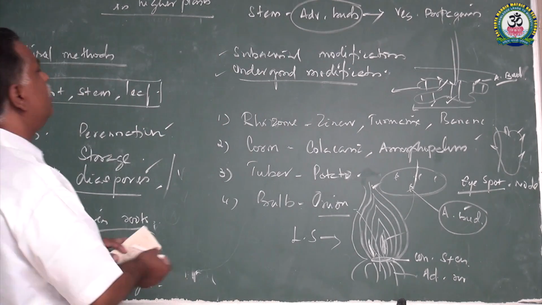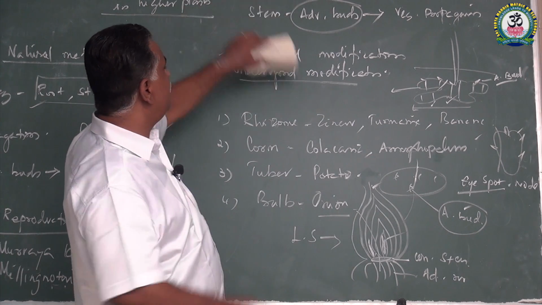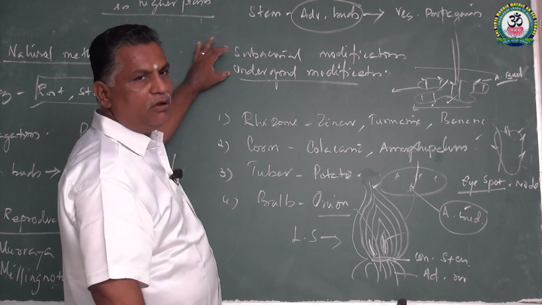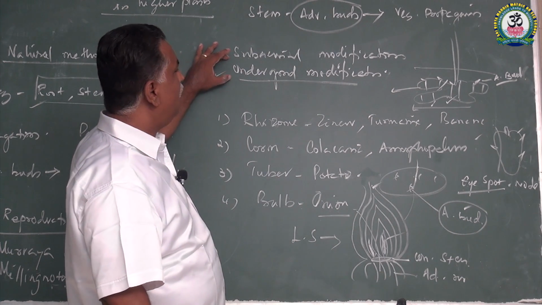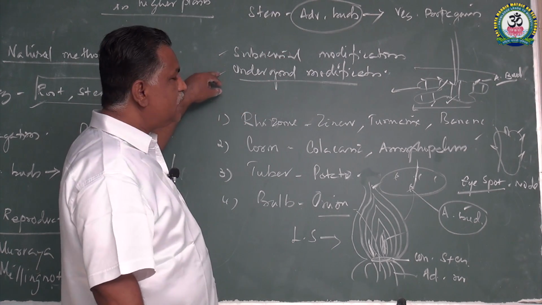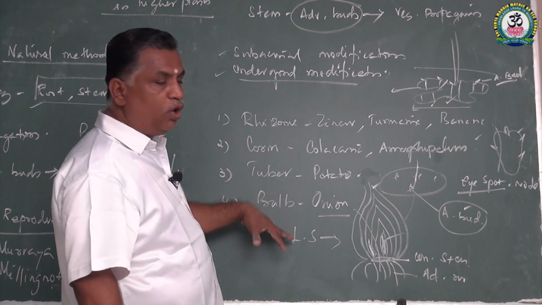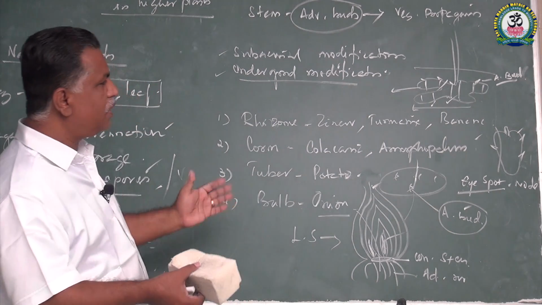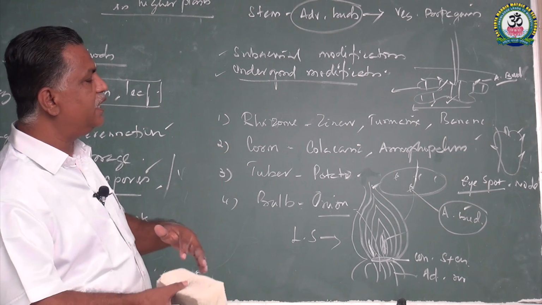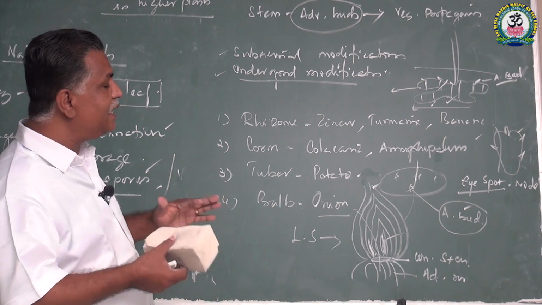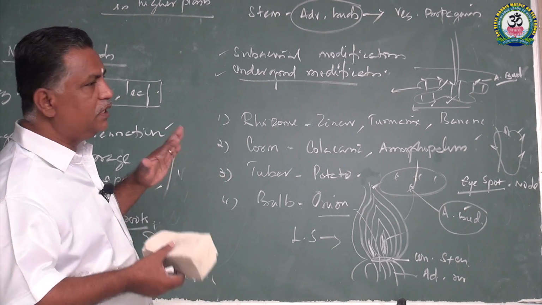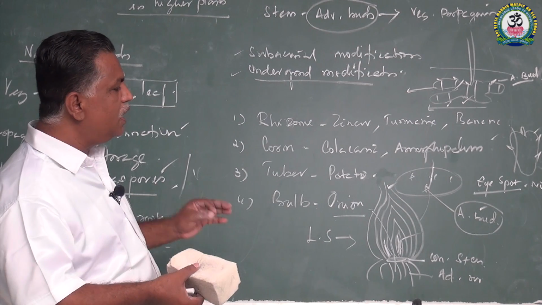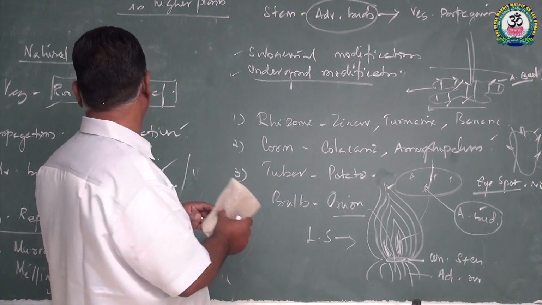In that way, as far as the vegetative reproduction in stem is concerned, two categories of stem, subaerial stems and their modifications, and underground stems and their modifications, are involved in reproduction to propagate their own progeny. All the individuals produced will have the same genetic setup as the mother plant. So, in asexual reproduction, the progenies or offspring are similar to the mother. That is very, very important.